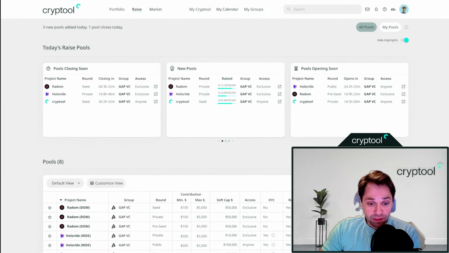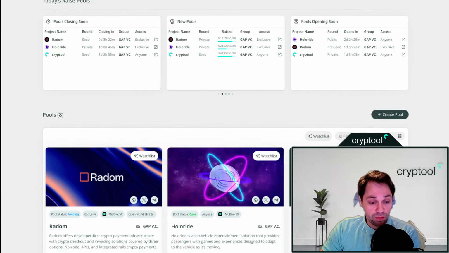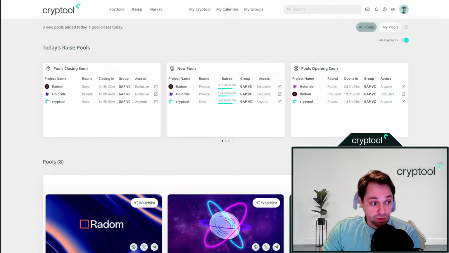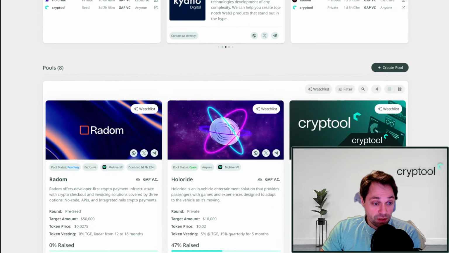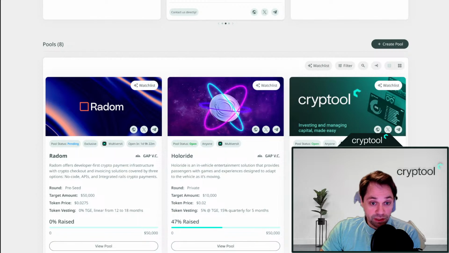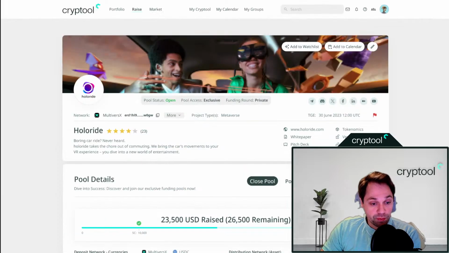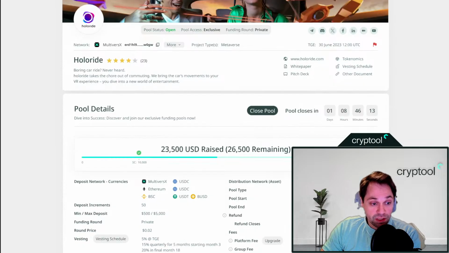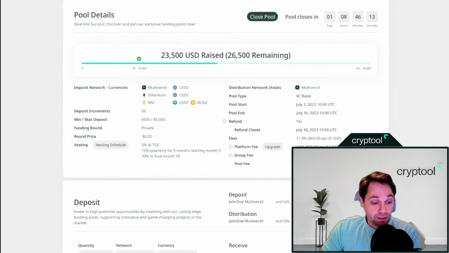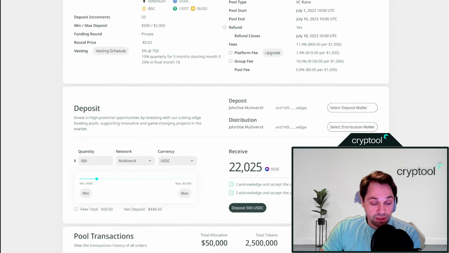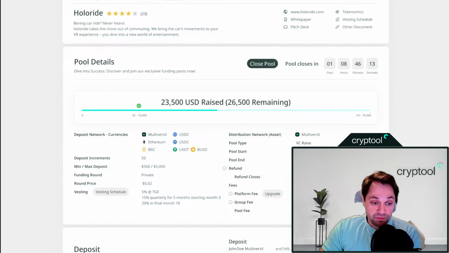Once you go to pools, there's an overview of all the raises that are currently available, that are closing soon, or that are going to be opening soon. The pools that are currently open, you can view below, either in tile form or table format. You can join the pools and view the pools through a few pool options. You can see all the requirements, all the project details, and you can see the fees as well for this project. Most commonly, the fees are, of course, related to your subscription, but also to the pool and group fees,